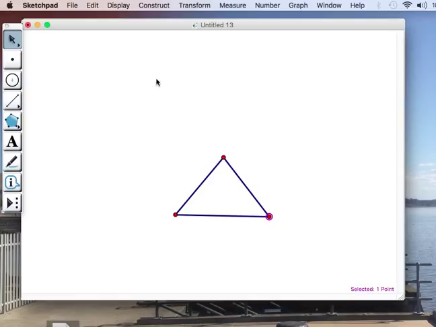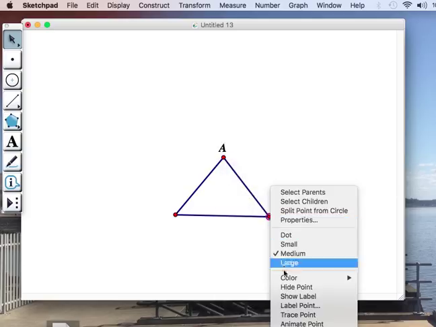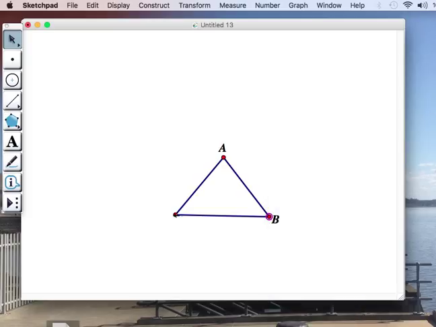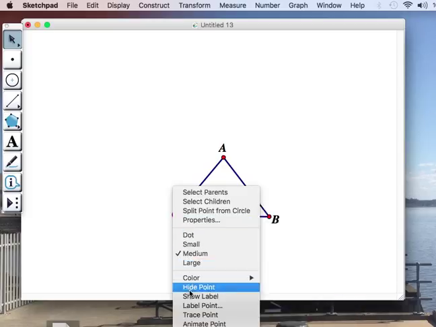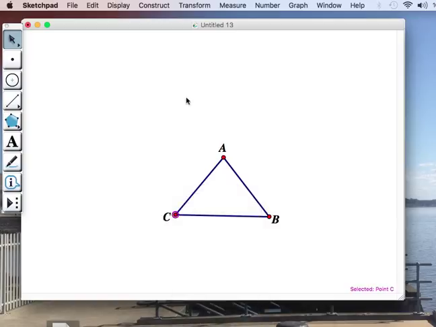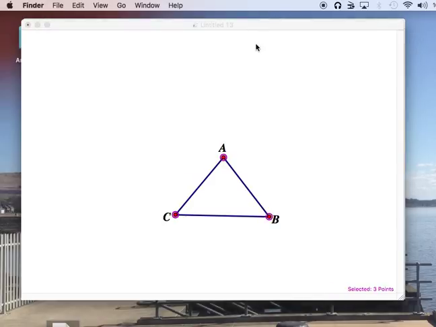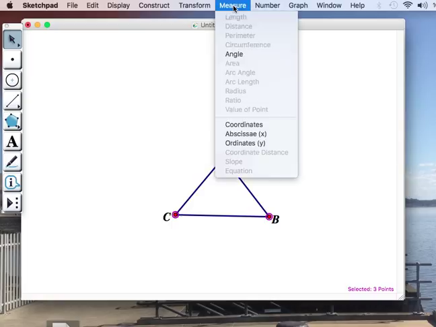You want to prove that the sides are equal, and you want to prove that the angles are equal. So what you can do is show label, show label, show label. So you've got your ABC, and just like before, we're going to measure the angles, but we're only going to measure ACB and BCA. Oop, wrong thing here. Measure angle,